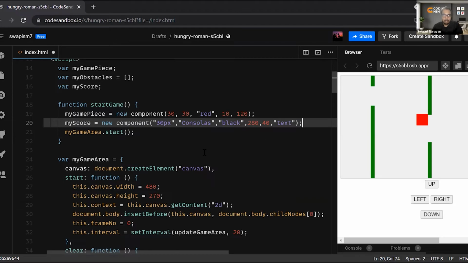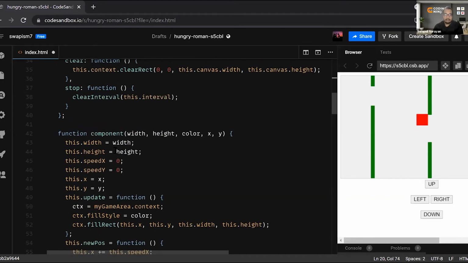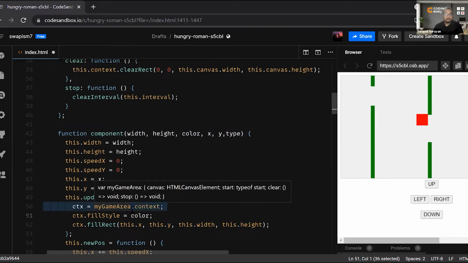So in the new component, I have added one more thing, right? I have added text. So I need to change the component part. I need to add one more param over here, which is the type. What type of parameter is there?